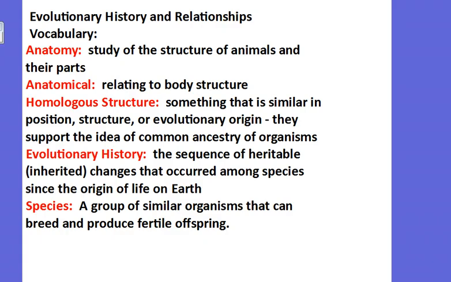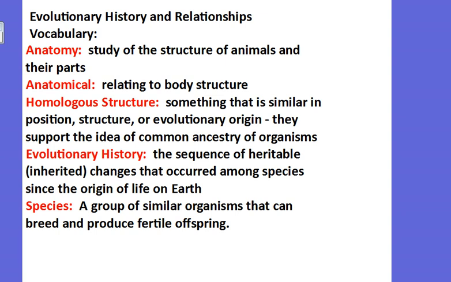So for evolutionary history and relationships, the vocabulary that we're looking at is anatomy. When we say the word anatomy, we're just talking about studying the structure of animals and their parts. And we talked about anatomy of a cell back at the beginning of the year. It's when you're looking at the structure of something, how it's made, how it's put together. And if we're talking about anatomical, it's just relating to that body structure, something that has to do with some